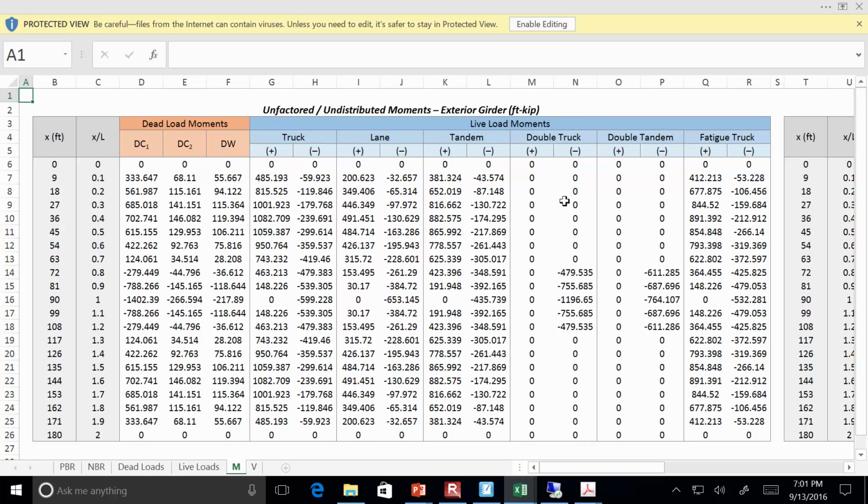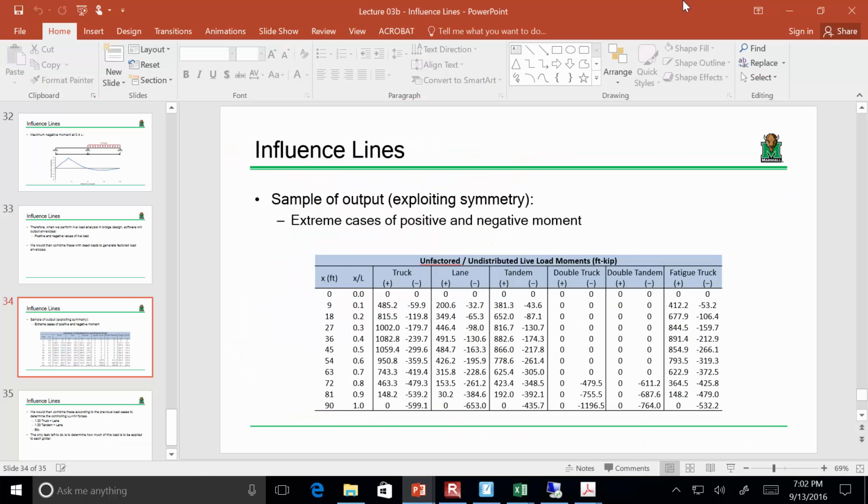Technically, what you would have is something like this, but if you notice, everything's symmetric because it's the same span length. For instance, if I go to the double truck, see how the numbers are symmetric, like 479, 755, 1196, and then it goes back, 755, 479. Everybody see that? For the purposes of the slide, I'm only producing the values from 0